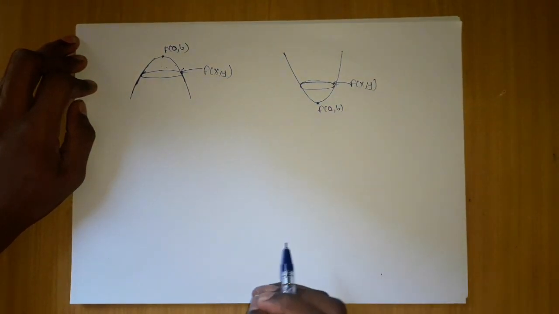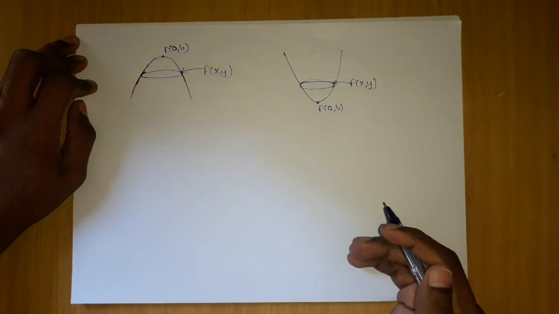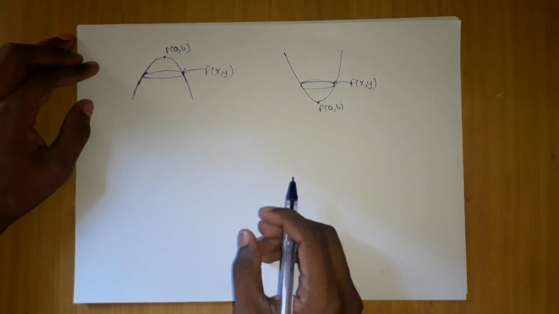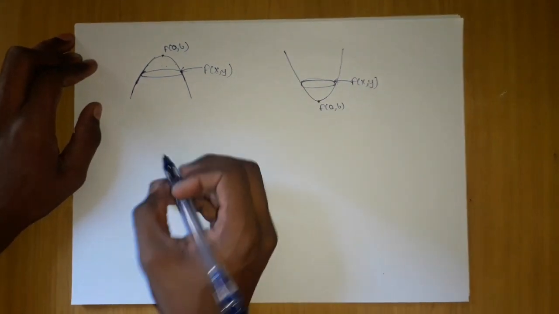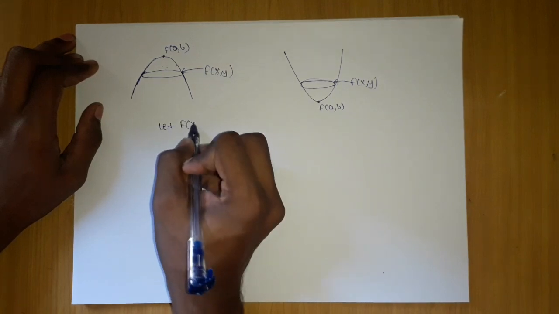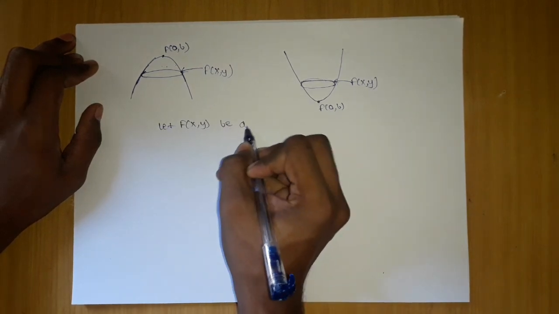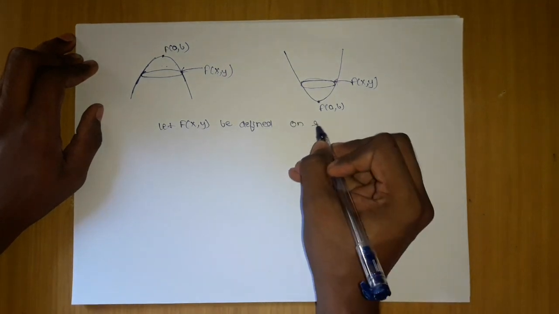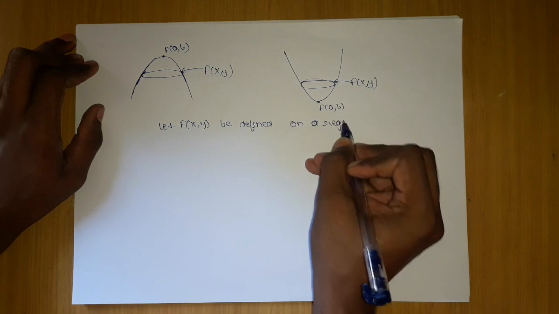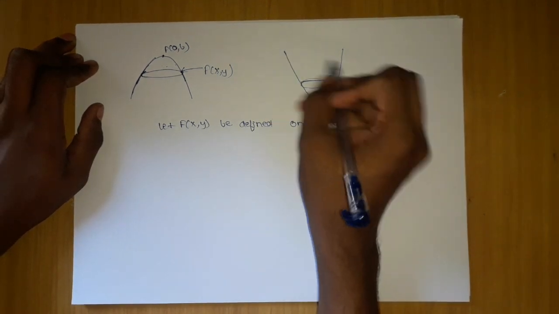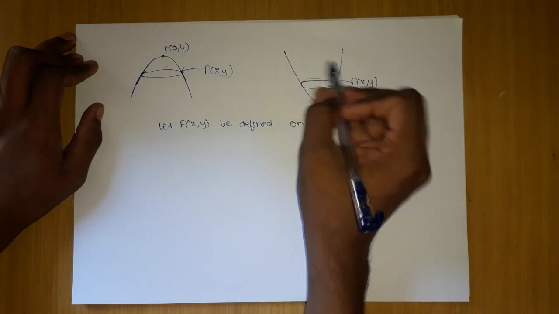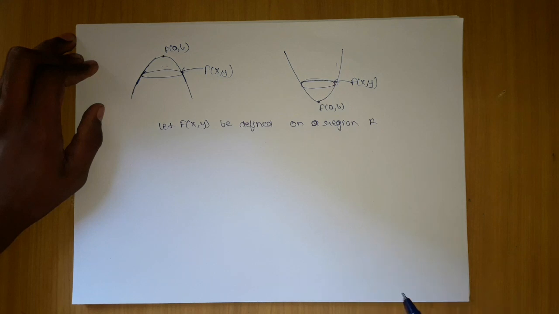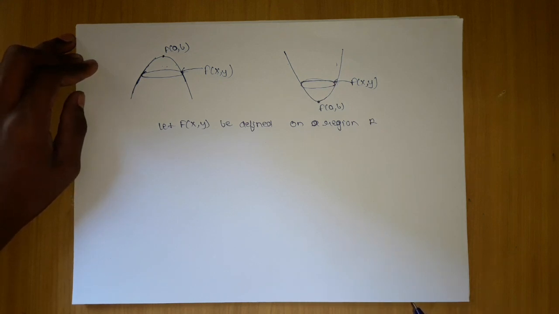Now that we have understood the graphical meaning of simple maxima and minima, let's derive some basic things. I'm not going directly to the first derivative test of maxima and minima. I'm going to explain the basic things which you should have crystal clear in your mind. Now let f of x comma y be defined on a region R. Here I can take wherever I want f of x comma y, provided that part then becomes my interior region, where I will identify my extreme values, that is maxima and minima.